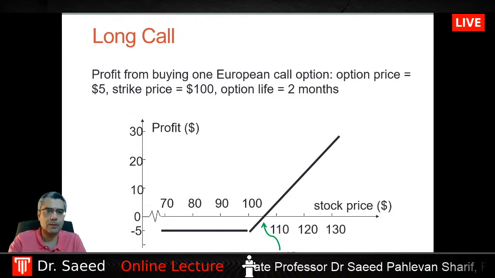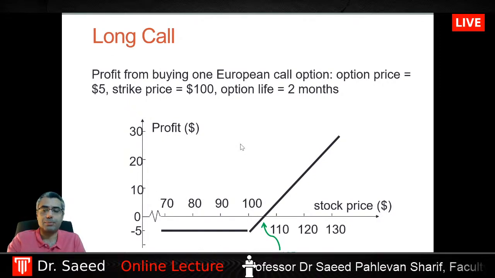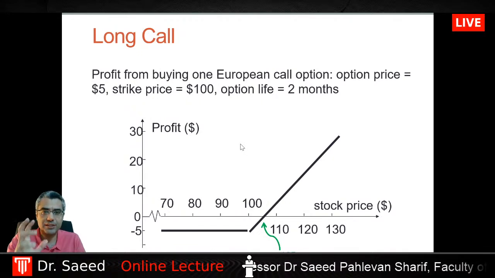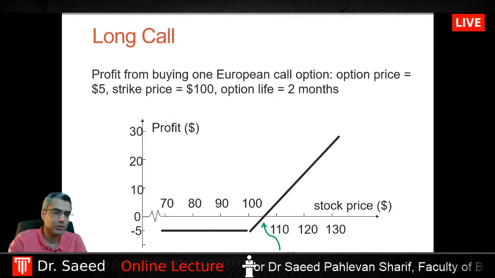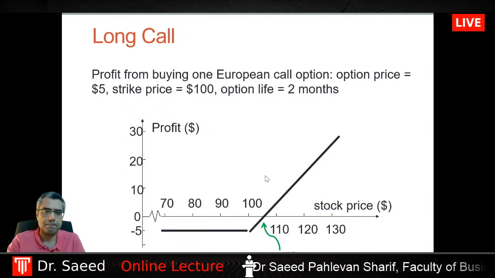For buying a call, you expect the price goes up, right? Buying a call means from the buyer's perspective. You expect the price goes up. Now, see, if the price of the underlying asset, let's say Apple stock, in the market is $90,